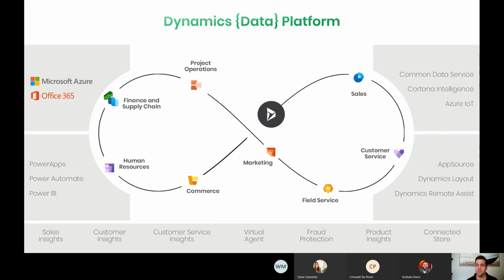We can talk for days on this slide, but really every single piece of the puzzle you would need to run an efficient operation sits within this Dynamics platform. And if, for example, you're using ITS to do student management and maybe some finance and supply chain things, that's okay. That's a piece that's third party. We've got to integrate it into this Dynamics platform and start working with it, and we do that all the time. So one doesn't have to have this whole picture to get the benefit.